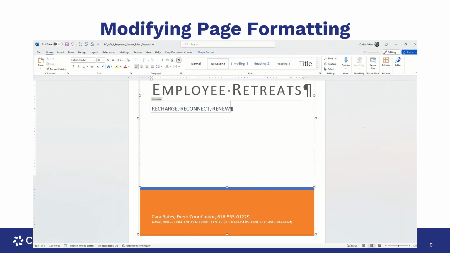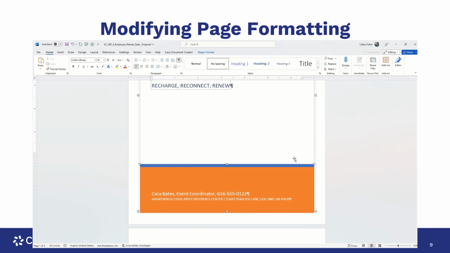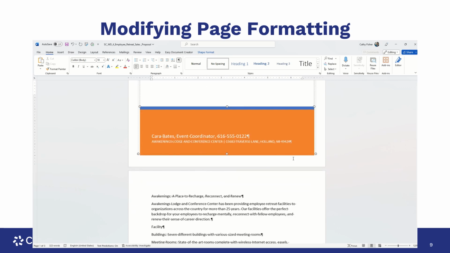Okay, so our next step is that we're going to be modifying some page formatting. In the draft proposal below this cover page, we're going to delete a page break, apply some styles, change some paragraph indentations, and look at headers and footers, and then formatting our page numbers. So if we scroll down here and we make sure that our show hides are on,